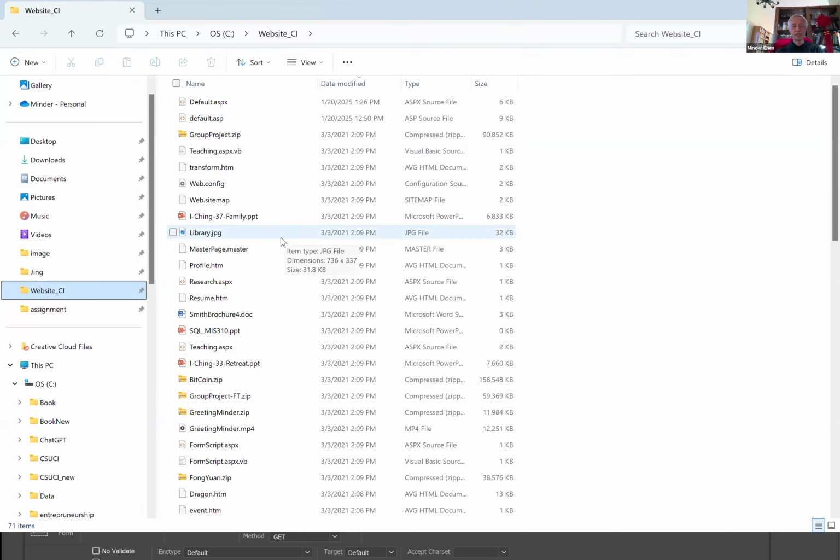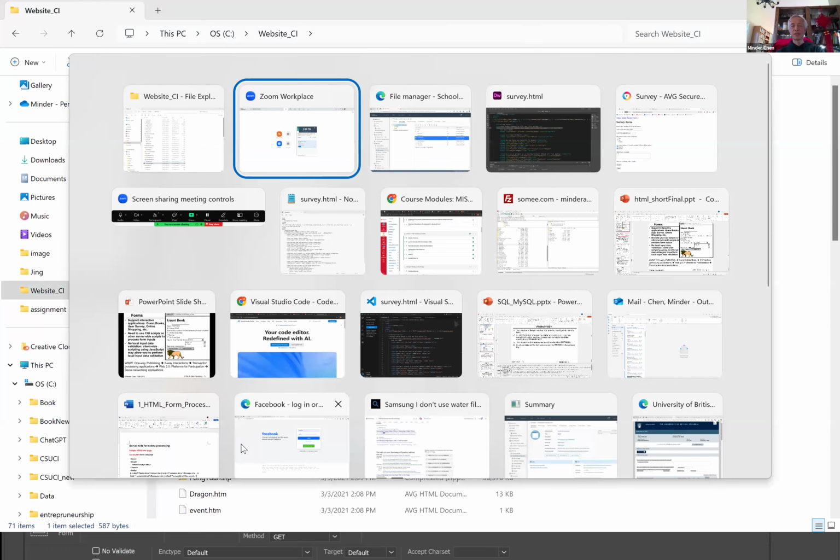Where is my form script? Okay. I have my two form script files, and I have opened them up in another tool. Another tool that I use is